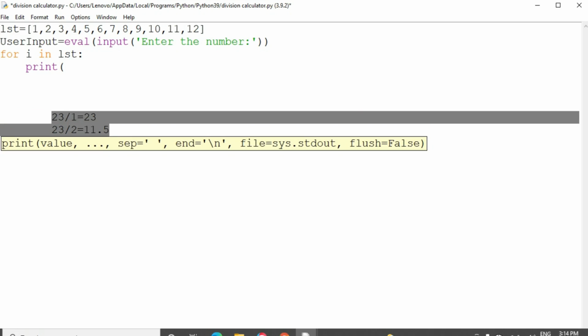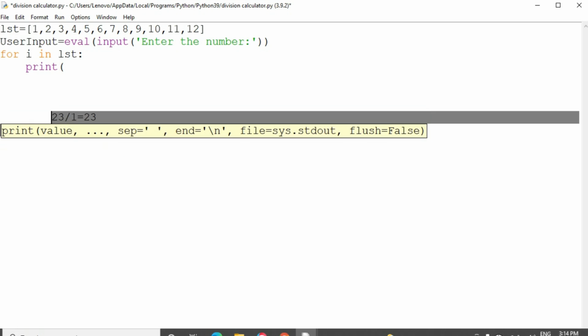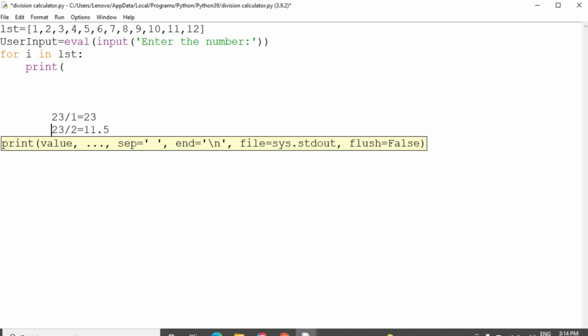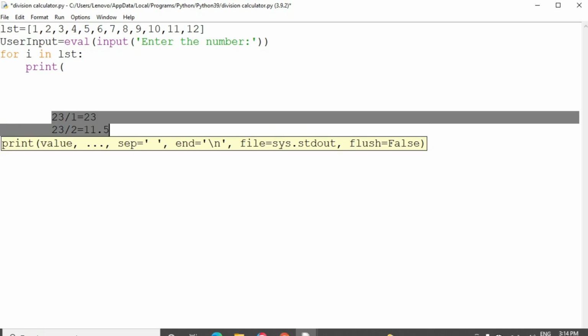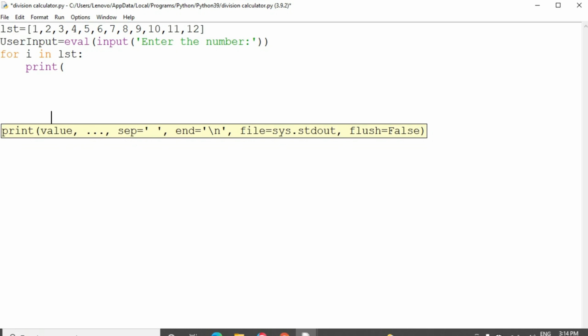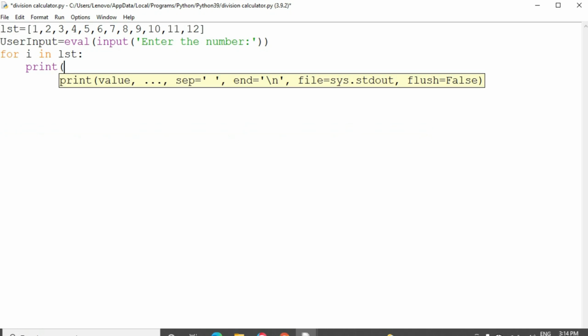Okay, so we need this format of division table. I want to display the division table like this. So I'll take the values to print in the format like this.